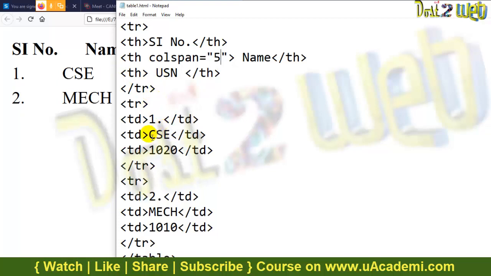Suppose I want this table data to be increased. Then I'll use rowspan, similarly equal to, and you just give within the code 3 or 5, whichever you want. Save it. Wherever you want, you have to use the same way.